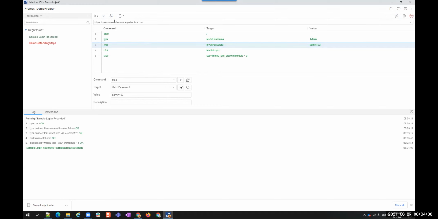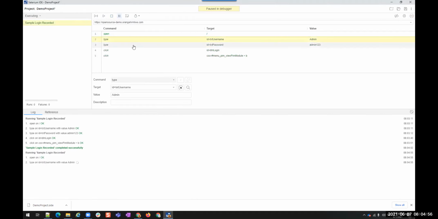All right. So this covers breakpoints, execution speed, running a particular test, and running the complete test suite. Let's go back to tests. Again, you will have the same: run all tests in the test cases, run a particular test case which you have selected, and this icon is for debugging. See, I don't want to run, so I'll just stop it.